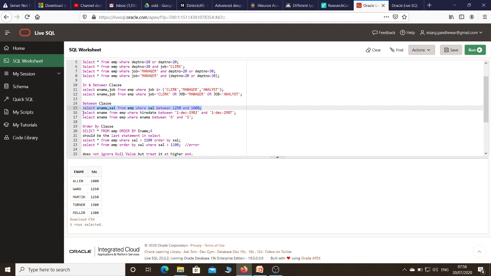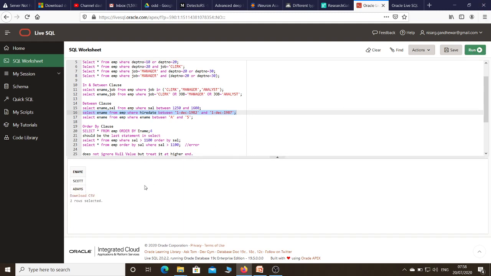Now next one is I want to get employees whose hire date is between 1982 to 1987. So here I get 2 employees whose hiring date is between 1980 to 87. Here suppose I want to display date also. So here I can write hire date. So it will show name along with the date. For clarity, I have just added this hire date column over here, so that you will get name and hire date. Here you can see their hire date is between this particular range.